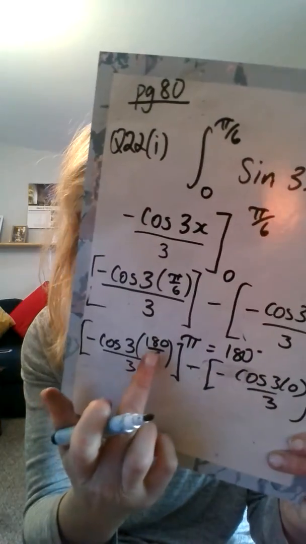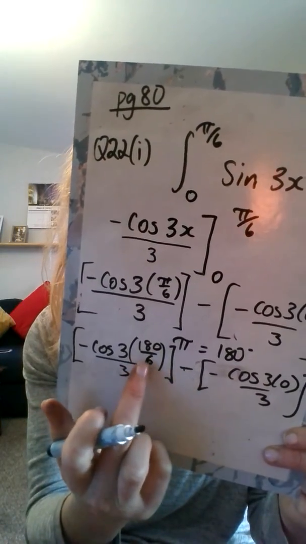Oh no, sorry. Why have I done that? It's 180 over 6. I don't know why I put a 3. Do you see that? Yeah, because it's pi over 6. So what that is, it's minus cos 3, and 180 divided by 6 is 30 degrees